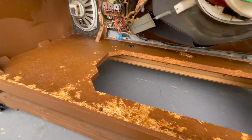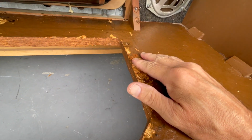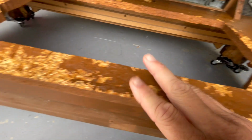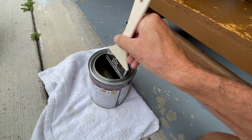Well, this has actually worked out pretty well. It really has. I mean, I couldn't have done this before without all this stuff flaking off. I still don't know how. I don't think this is a permanent solution, but I'm just gonna glop 1 more